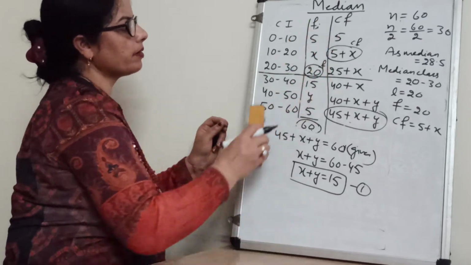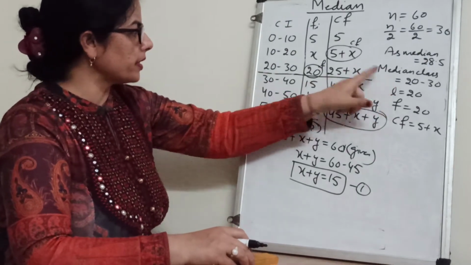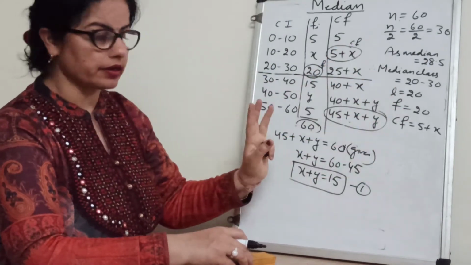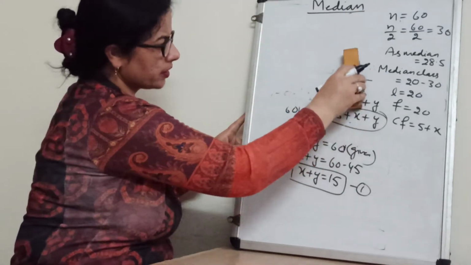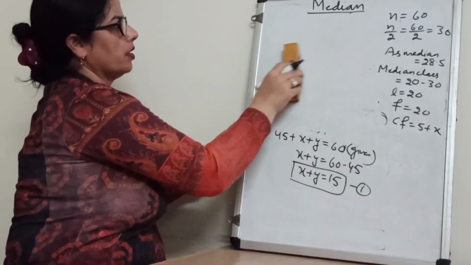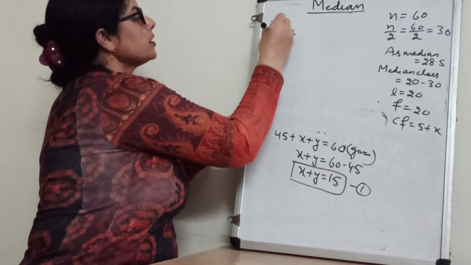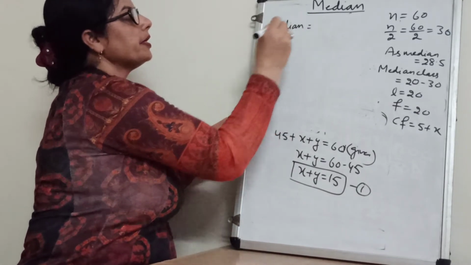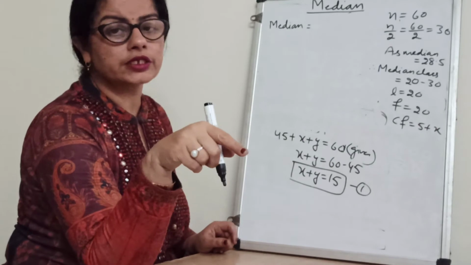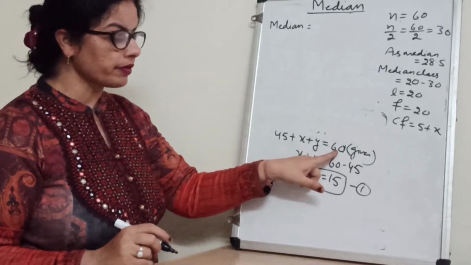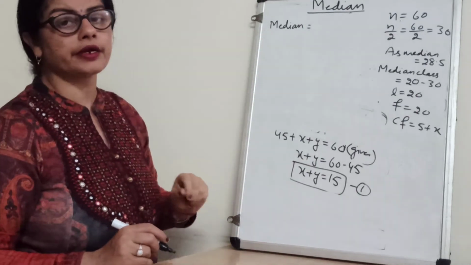Now we will write the formula. I think this table is clear to you. What we want, median class I have written here, f I have written here, CF also I have written here. Now no use of this one, so I am rubbing it because space is less here. Now how will we get another equation? Because median is given to us, we will also find our median. I told you two things are given, one sum of frequency is given, one median is given. With the help of sum of frequency I have found this equation. Now with the help of median I will find the second equation.